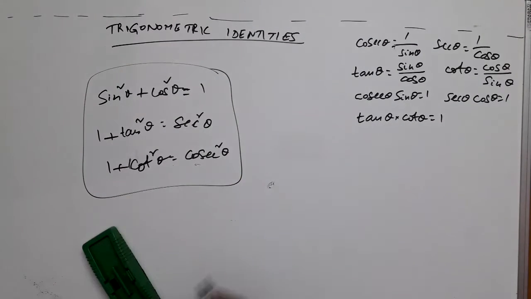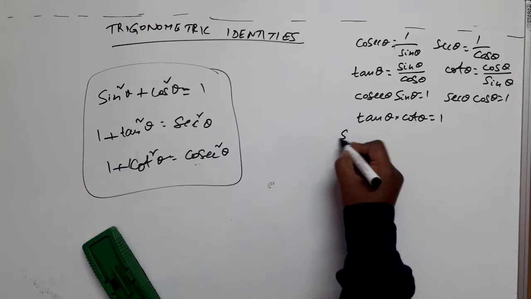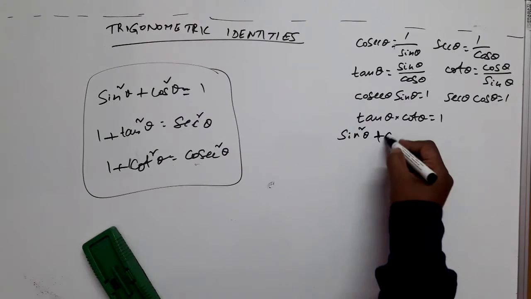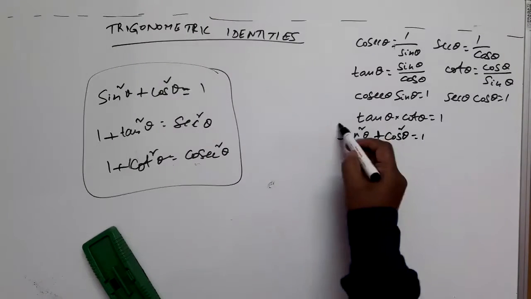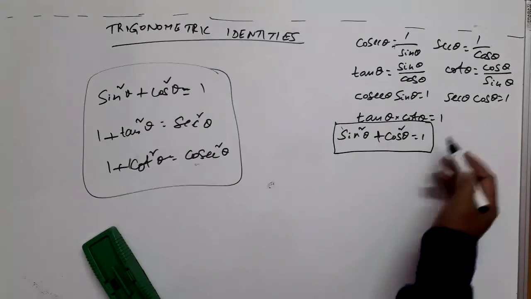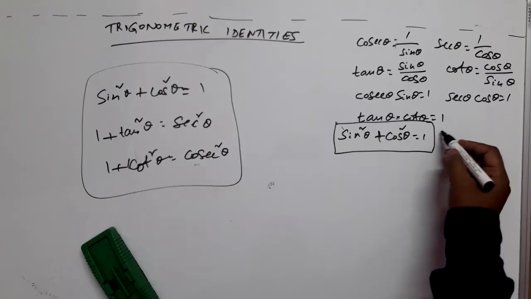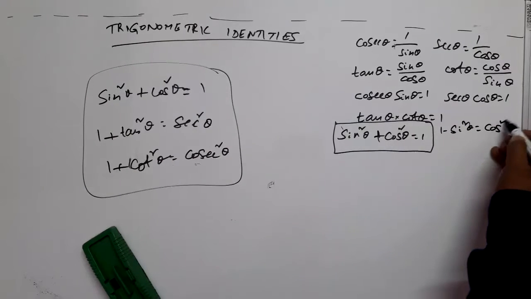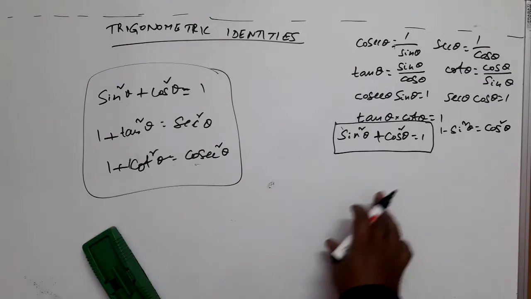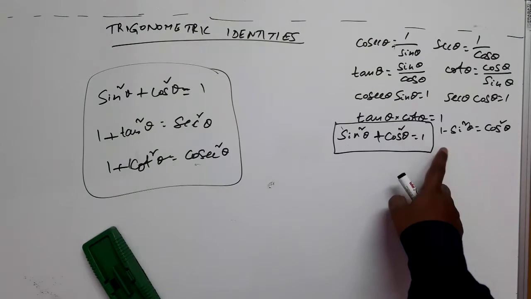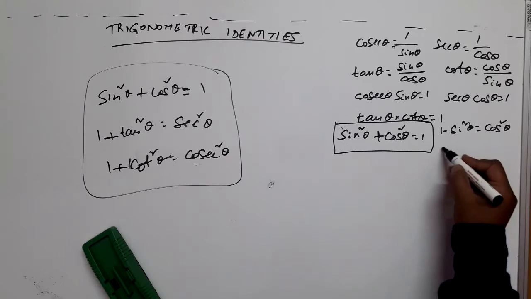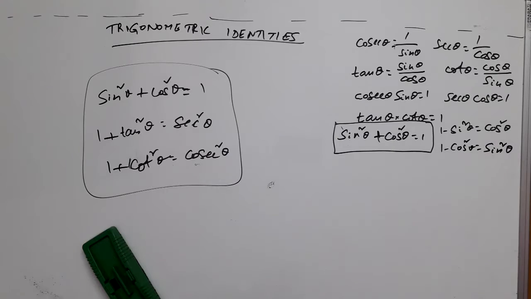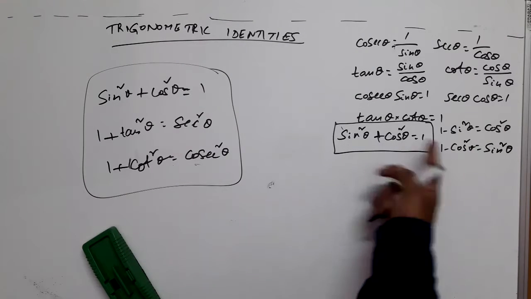See, these are very important. See, from this again, I am writing again here because they are very useful now for solving questions. Sin square theta plus cos square theta is equal to 1. From this, I can have 1 minus sin square theta is cos square theta. Is it not? Can I write like this? Yes, 1 minus sin square theta is cos square theta. In the same way, 1 minus cos square theta can be written as sin square theta. Is it not? From the same relation, 1 minus cos square is sin square.